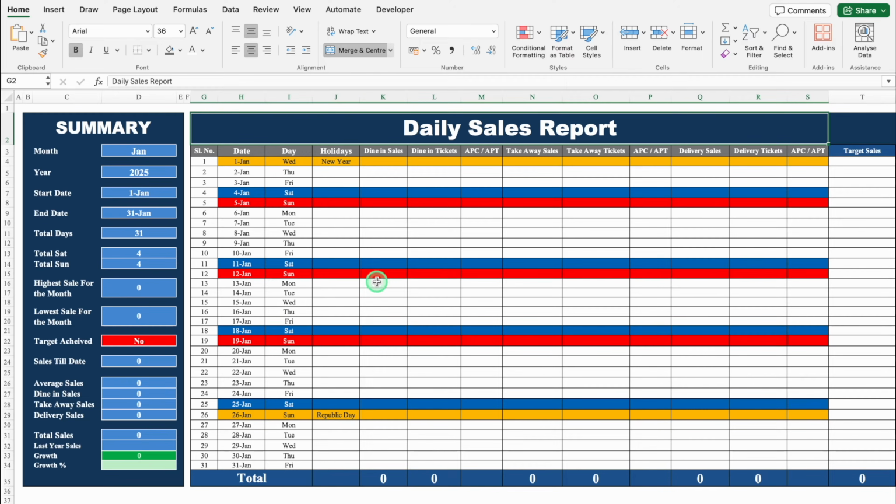This is a daily sales report which I have created in Excel. Before creating the new format, let's see how it works. On the left hand side, we have got our summary. In summary, we will be able to see month, year, start date, end date, total days of the month, total Saturday, total Sunday, highest sale for the month, lowest sale for the month. In case target will be achieved, it will be showing yes over here, and in case target will not be